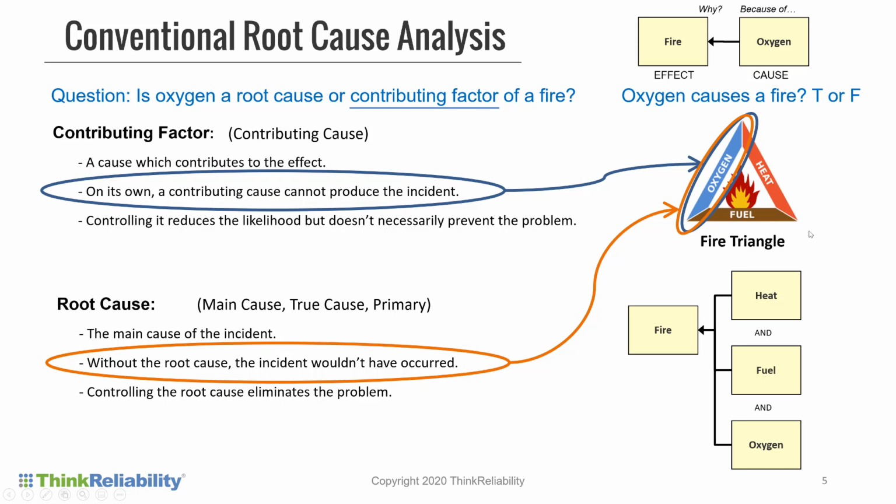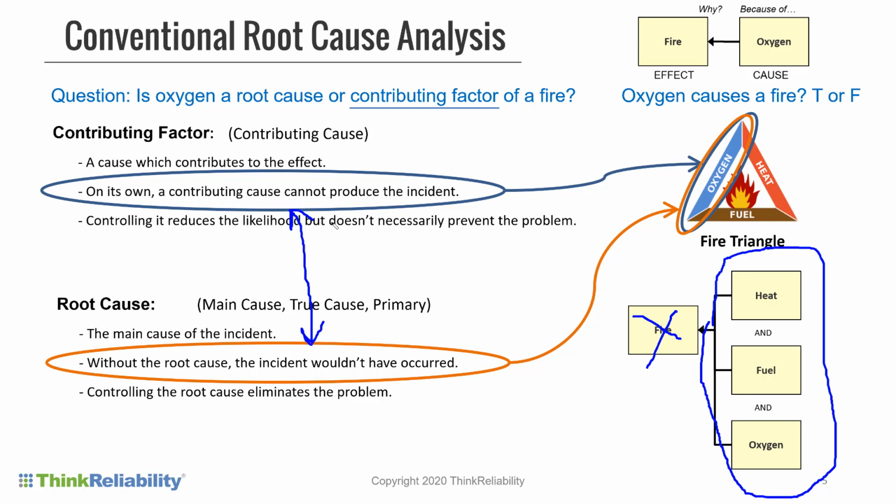And the benefit of knowing that you need all three is that because all three are required, they're all necessary to have a fire. That means if you control any one of them, you can prevent this fire from occurring. These two definitions are identical, and no one seems to notice it for 50 years, that that's simply the definition of a system. No part of a system on its own is the entire system, and the system needs all of its parts. In fact, if you control one of them, you're going to change the system.